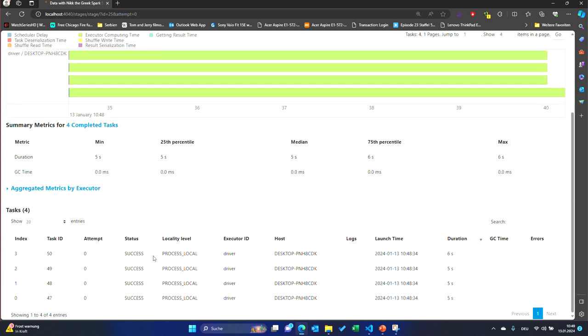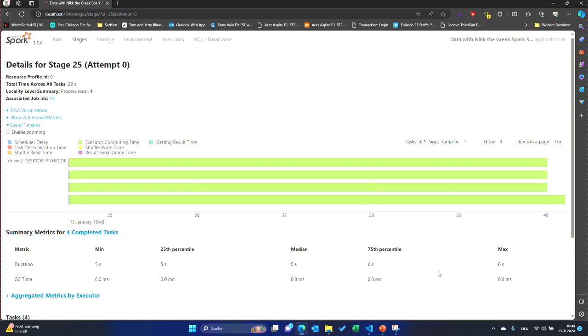Most probably it's the one which had a little bit more data, but it's still not a high deviation. You're going to see more complex executions with significantly more deviations in time for each task. So that's actually still acceptable, but I guess you already saw the point that for narrow transformations, the most efficient way is to have your partitions as equally sized as possible, as uniform as possible,